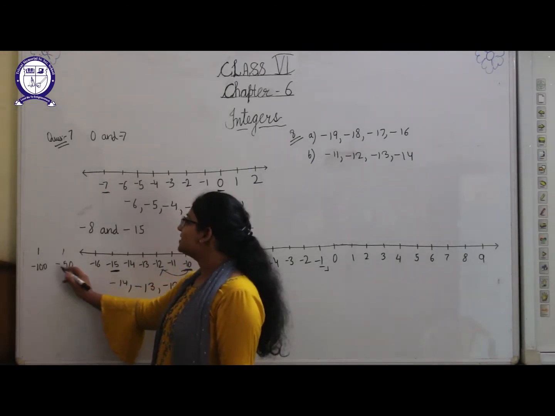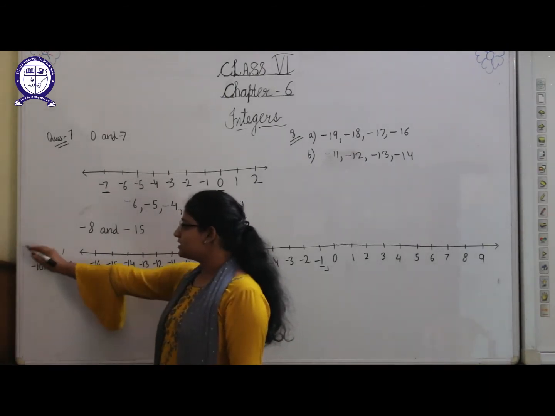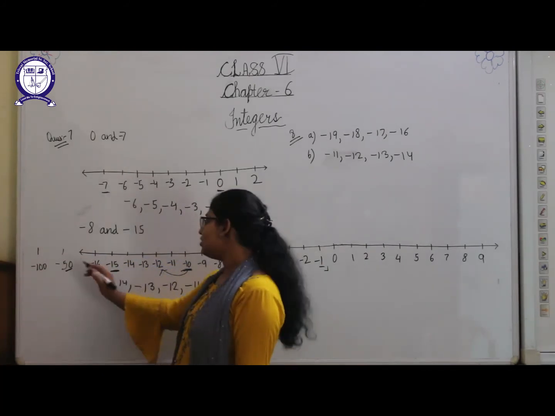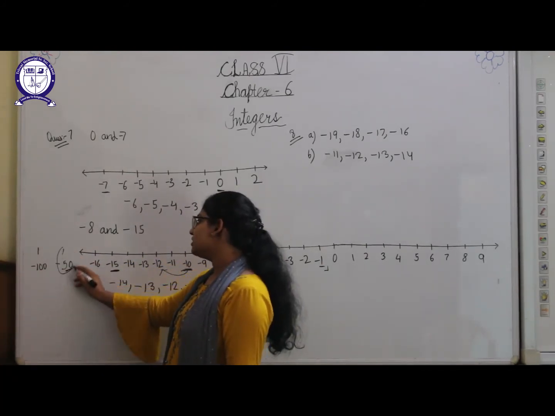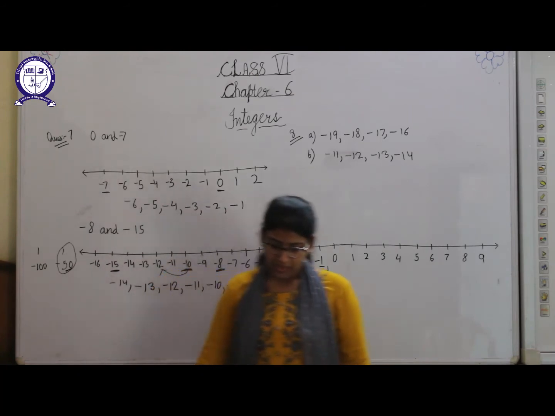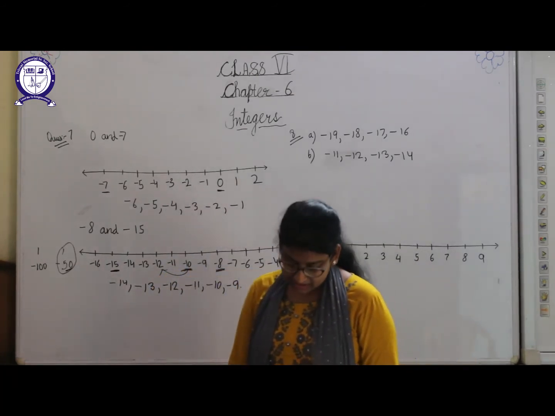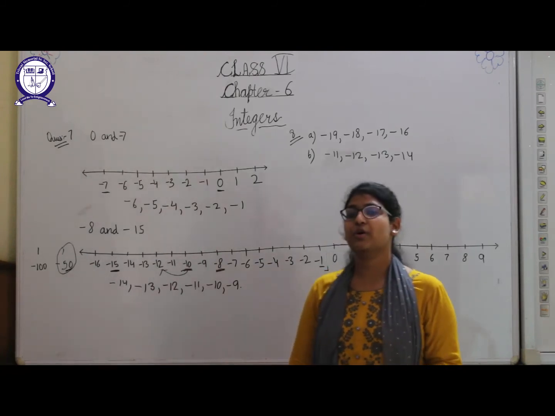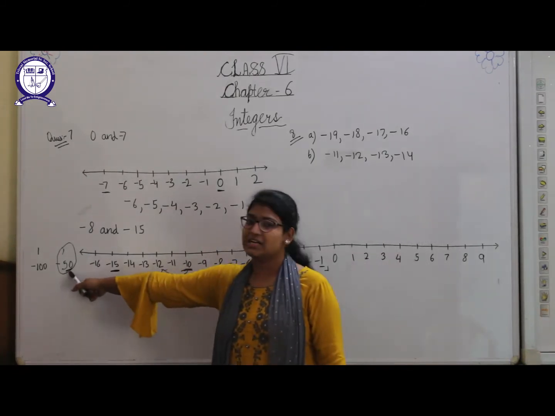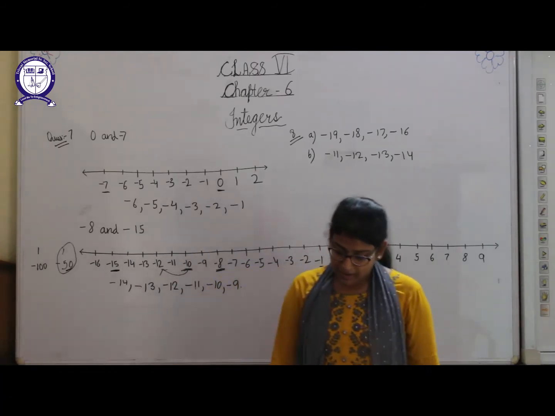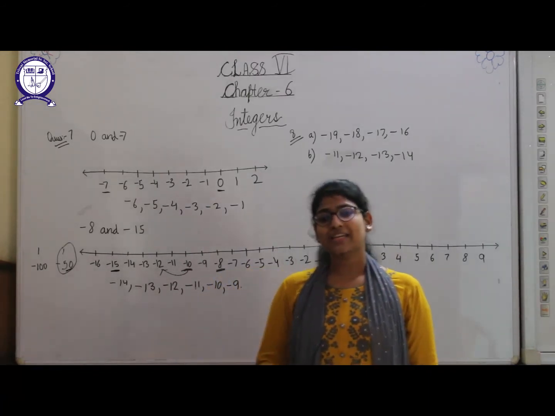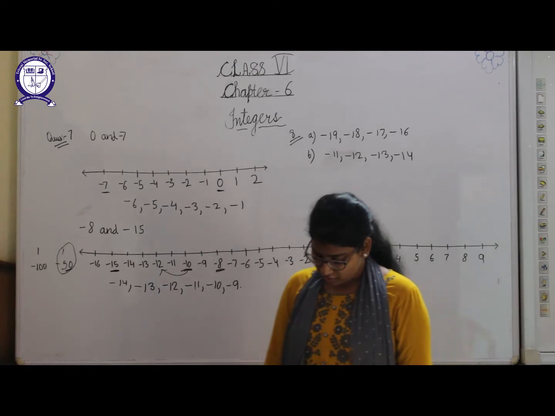So which is on the right side? If we see, this is the left and this is the right, so minus 50 is on the right side. Okay, and in the question it is given that minus 100 is to the right. So this is a false statement because minus 50 is on the right side. So for the correction of B part, we will write that minus 50 is on the right side of minus 100.